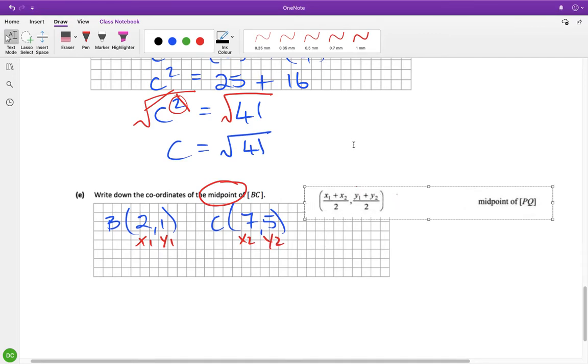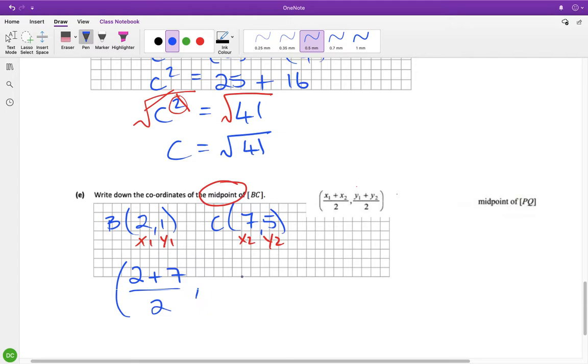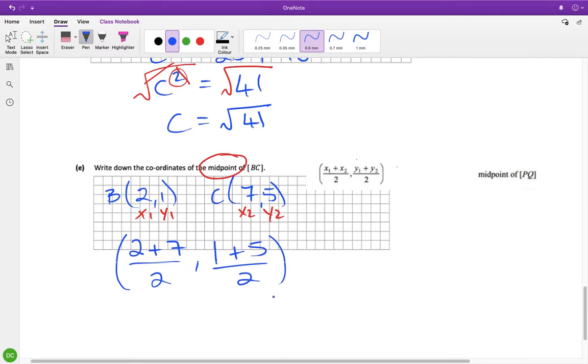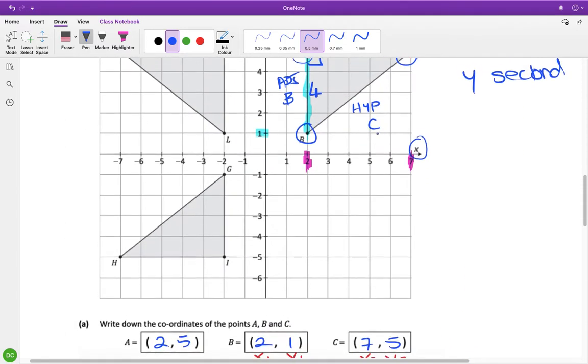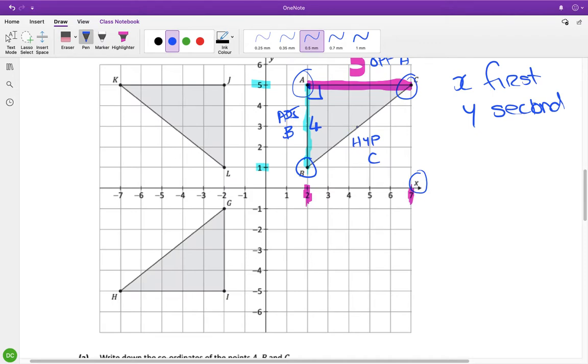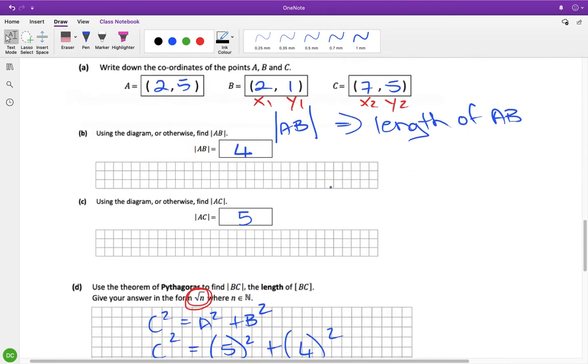Okay, so using that formula, it starts with a bracket, x1 plus x2 over 2, comma, y1 plus y2 over 2. So 2 and 7 is 9 over 2, and 1 and 5 is 6 over 2. So 9 over 2 is 4.5, and 6 over 2 is 3. 4.5, 3, where would that be? 4.5, 3, yeah, that looks about right. That's the middle of that line. Okay,